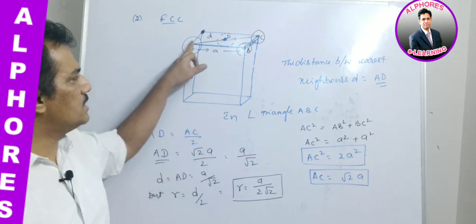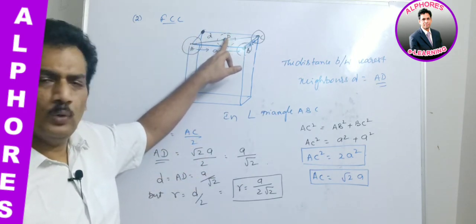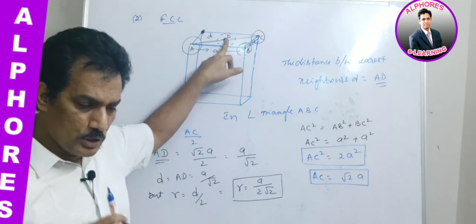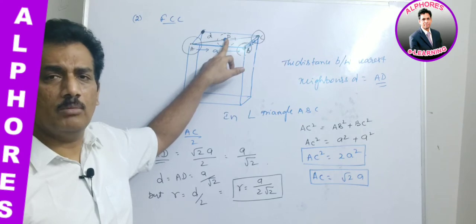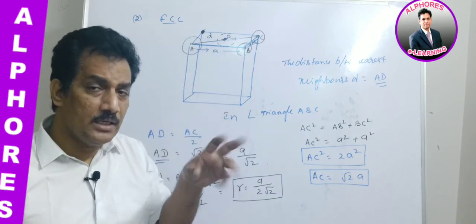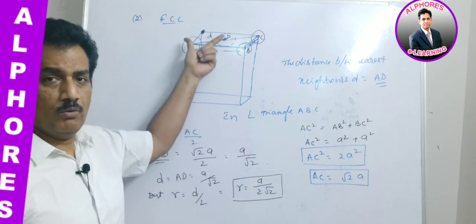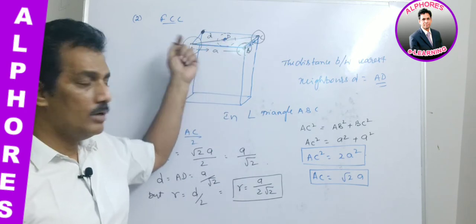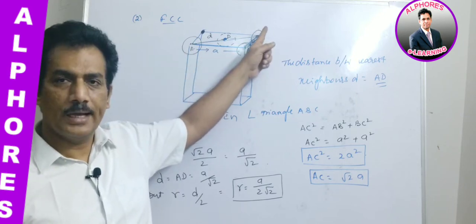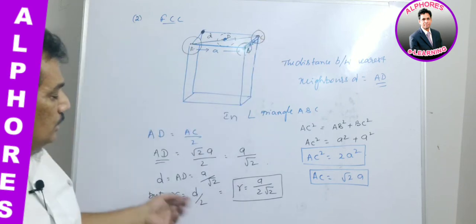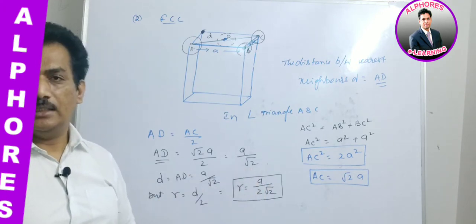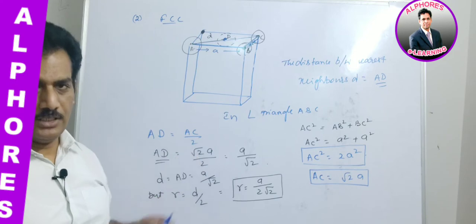Just what we are doing is the internuclear distance of two nearest neighbors. Just what you have to remember is, in simple cube, corners are nearest neighbors, whereas in face centered cubic, one corner with face center is the nearest neighbors. So to find this distance D, we have to consider the A values. Clear? That is about the radius of atom with respect to the edge length A in FCC.